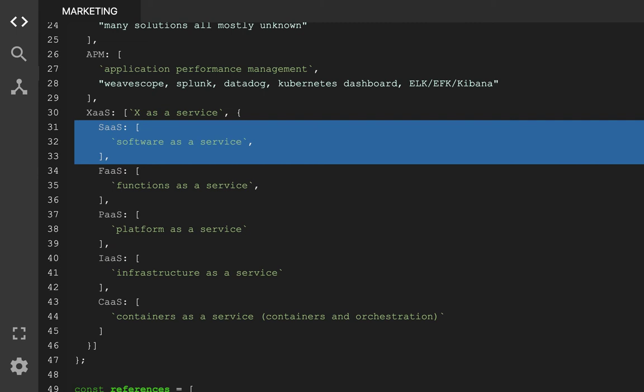SaaS is like, hey, instead of installing the software on your computer, we'll have it on as a service somewhere. You can log into this, or you can hit this API, and you'll get what we give to you as a service, and you just pay for it, and you'll pay for maybe what you use, whatever different pricing models.